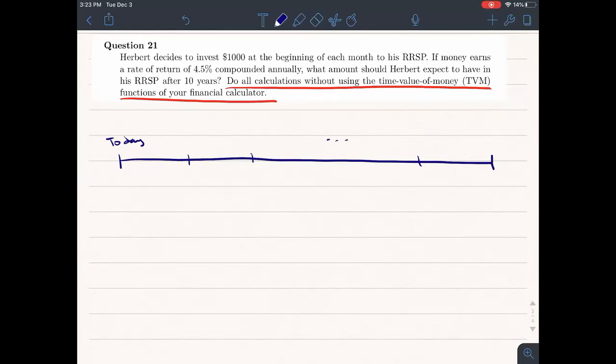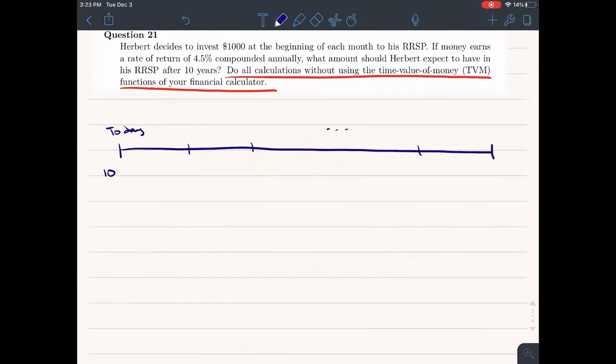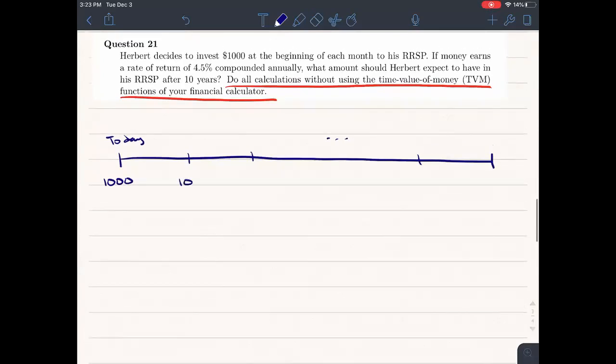So if it's at the beginning, remember how to show that: instead of putting the first payment here, here, here, here, we shift all these payments over one so that the first payment is today and the last payment is the second to last tick. Because if you imagine this being the payment period, you're going from the end of the payment period to the beginning of the payment period, and that's how you're going to show me that you have picked up on it being at the beginning. So we were going to put these $1,000